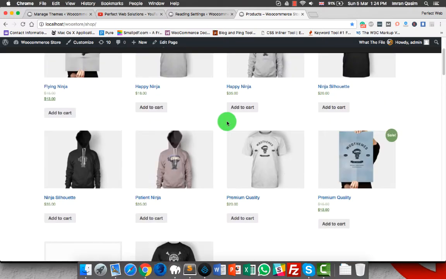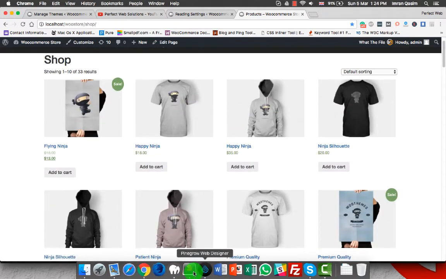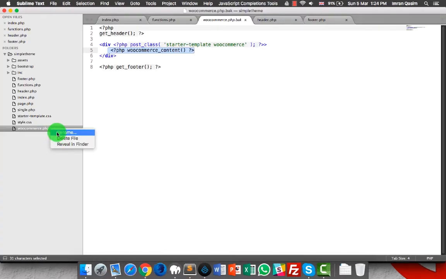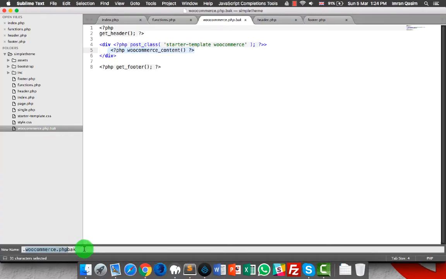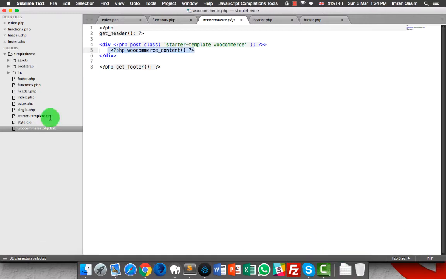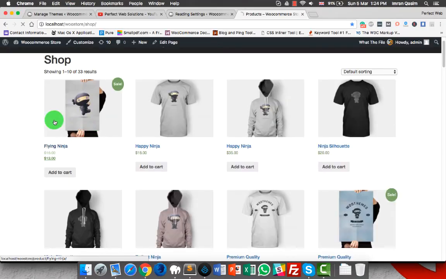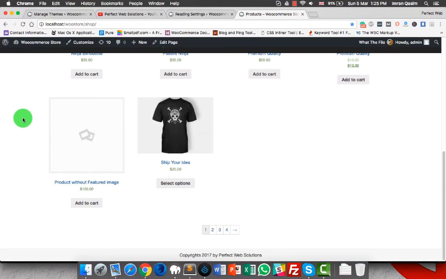Although you can see that page is properly showing those products, we still need this WooCommerce.php file to make things work properly for us. So this file is there, and if I reload it now, everything is working fine.